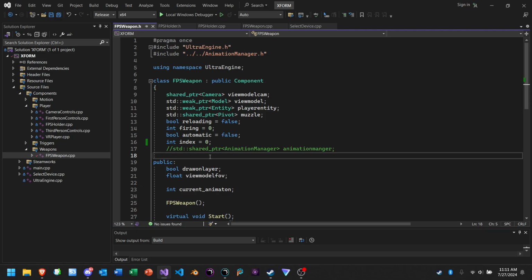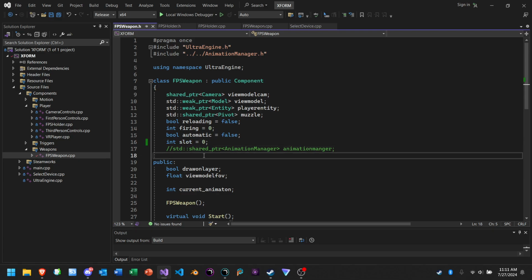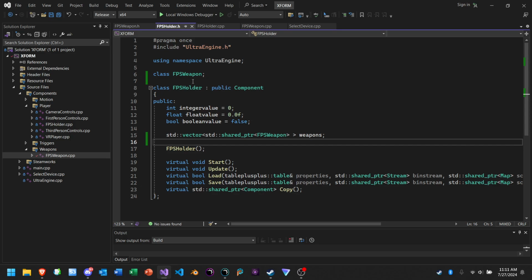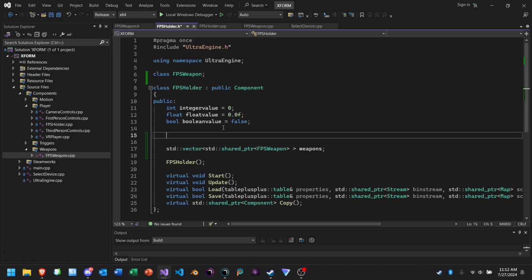Do you think each weapon should define its slot, like its index slot of where it appears? Well, this is the thing. Maybe you can do some little cleanup on how the components are laid out. I kind of want an entry like slot 0, and then you load in your weapon prefab. You want the holder to define what the weapon order is? I think so, but no, that should be the weapon, because